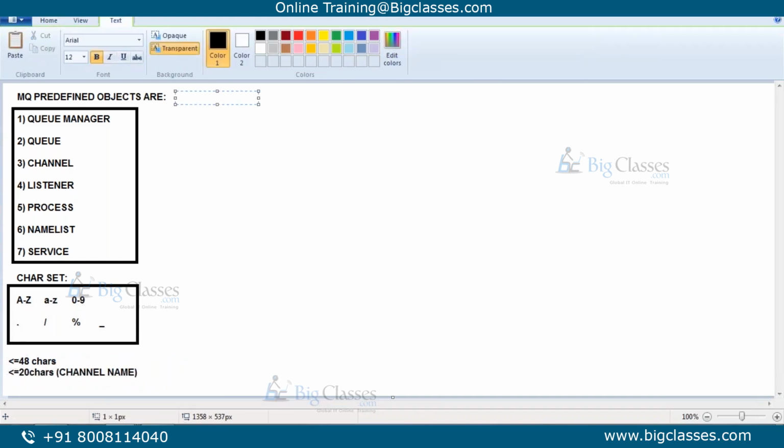So as a WebSphere MQ system administrator, we need to administrate all the MQ predefined objects and services. In two ways we can administrate the MQ server. They are CLI and GUI. GUI is nothing but using a desktop application or a web application to administrate. If it is CLI, we have to use the predefined commands.